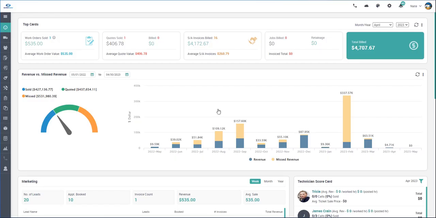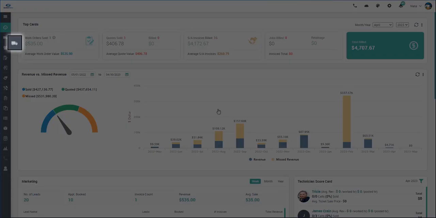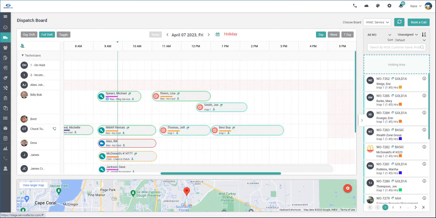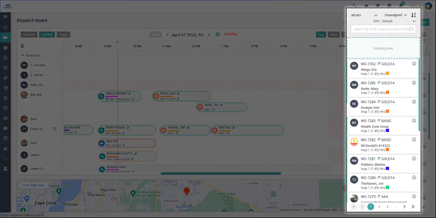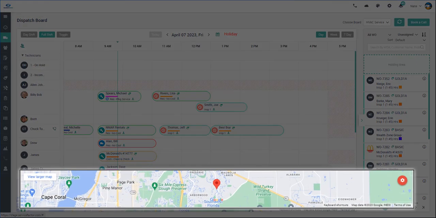This tutorial will give an overview of the dispatch board. To access the dispatch board, click the dispatch icon in the menu on the left-hand side of the screen. The dispatch board is broken out into three sections, which are referred to as the schedule or main section, the unassigned column, and the bottom section, which can be toggled between a map and a list of calls in various